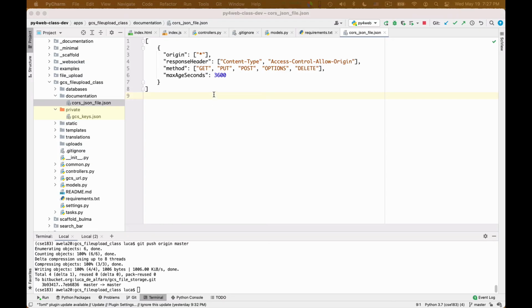So this is the content of the file. If we want to look at it in more detail, it says essentially that these JavaScript-initiated requests not to the same origin are going to be authorized for GET, PUT, POST, OPTIONS, and DELETE requests. And the content type is Access-Control-Allow-Origin. That's the header we need to set. So these are the headers. And the origin can be any origin. Okay, we could limit it to a more narrow origin,